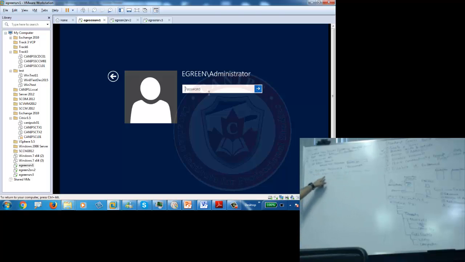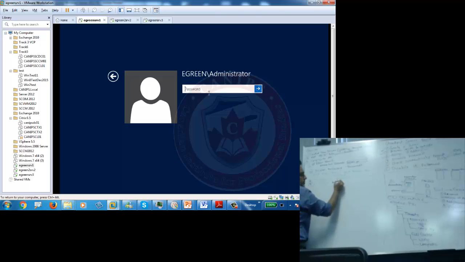DSRM stands for Directory Services Restore Mode. Then just next and finish. Once it is done, number 4, you restart the server, and number 5, now you log in